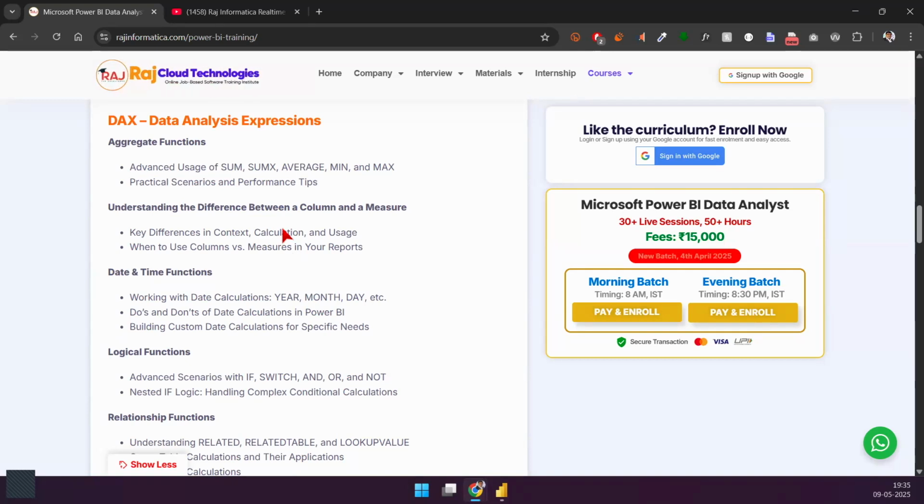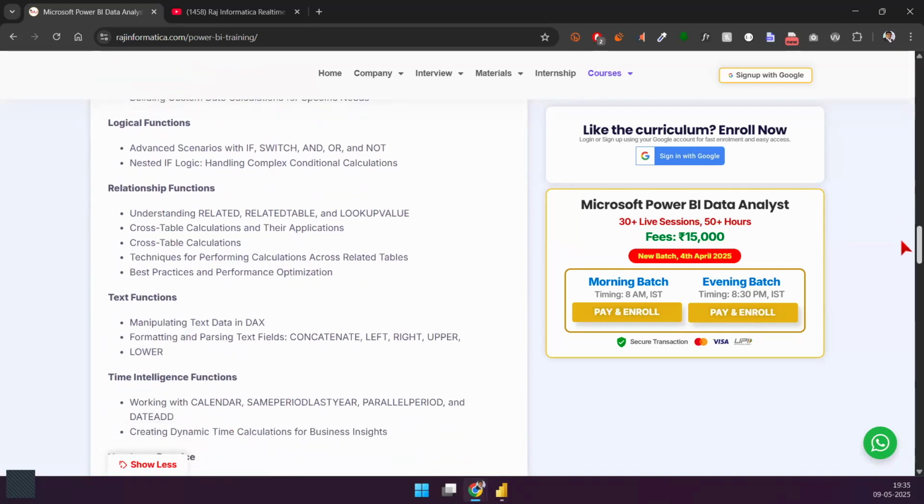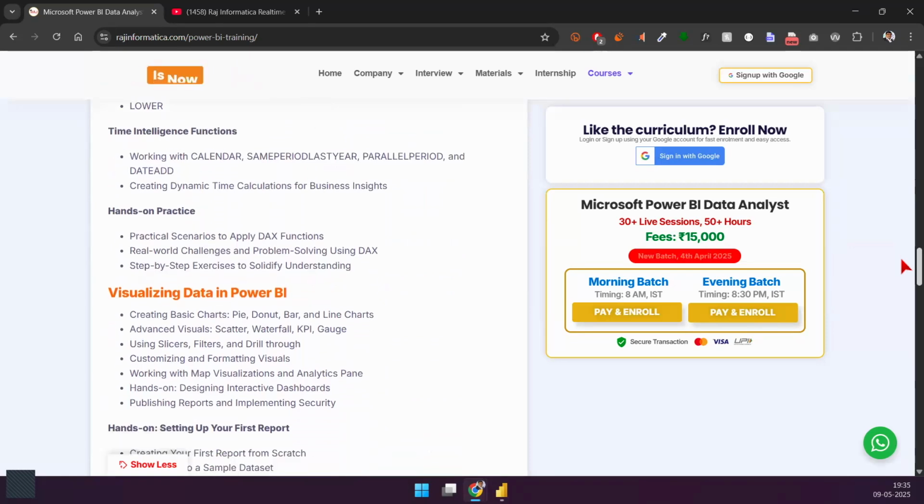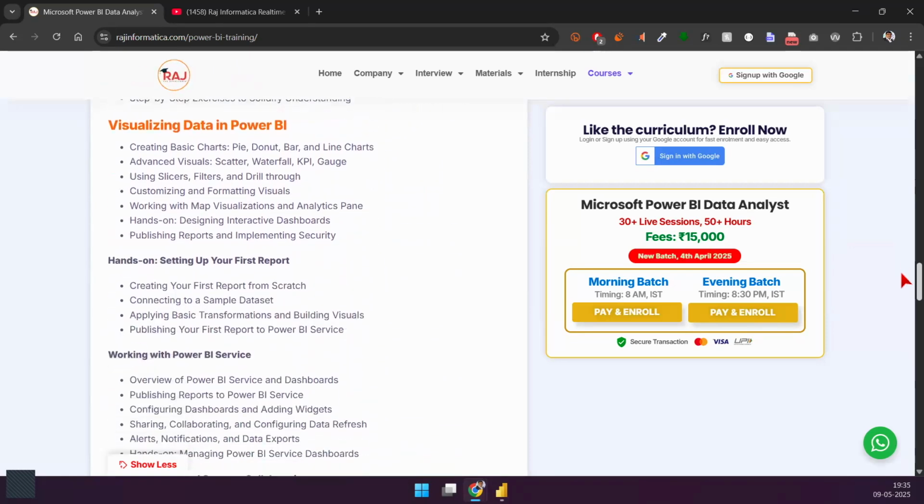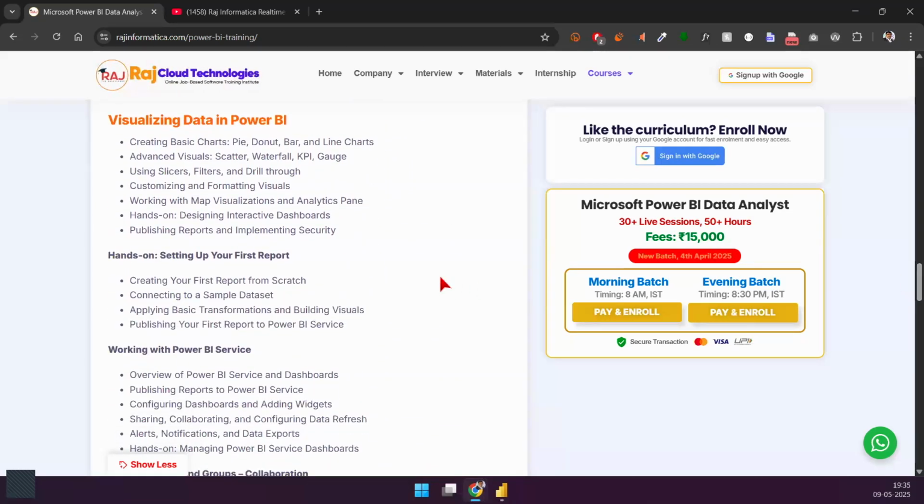Okay, just say yes in the chat box if you're all scared of DAX. How many of you say, hey, I'm scared of DAX? Is it something that I have to learn or not? Just say yes in the chat box and make sure that you're sending it to everyone so that everyone understands, or just ping me separately on this one. Okay, just say yes on the chat box if you're all scared of DAX. I'll show you how easy it is to work on DAX, and you will have an amazing, idea about how